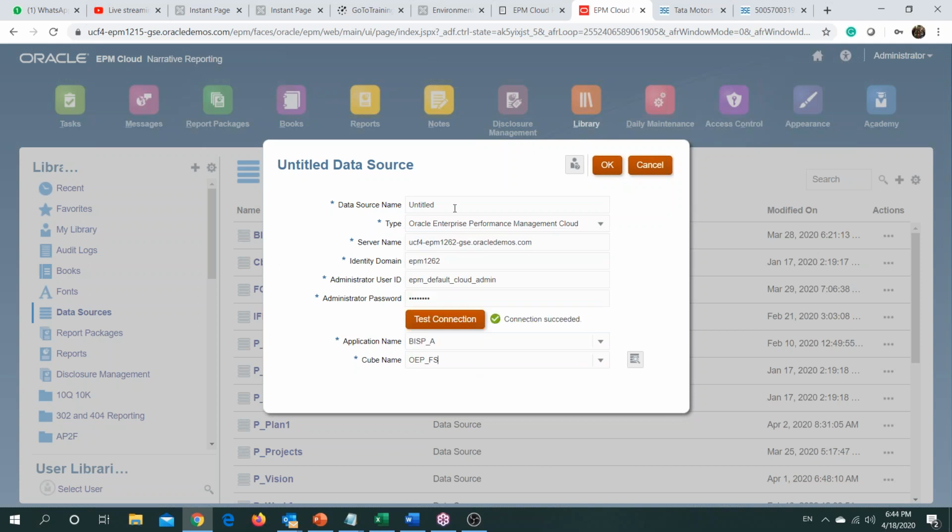Once you select your financial cube, you could provide the title of your source. Let's keep it as BISP underscore Neo. You could name it as per your requirement. Just click OK.